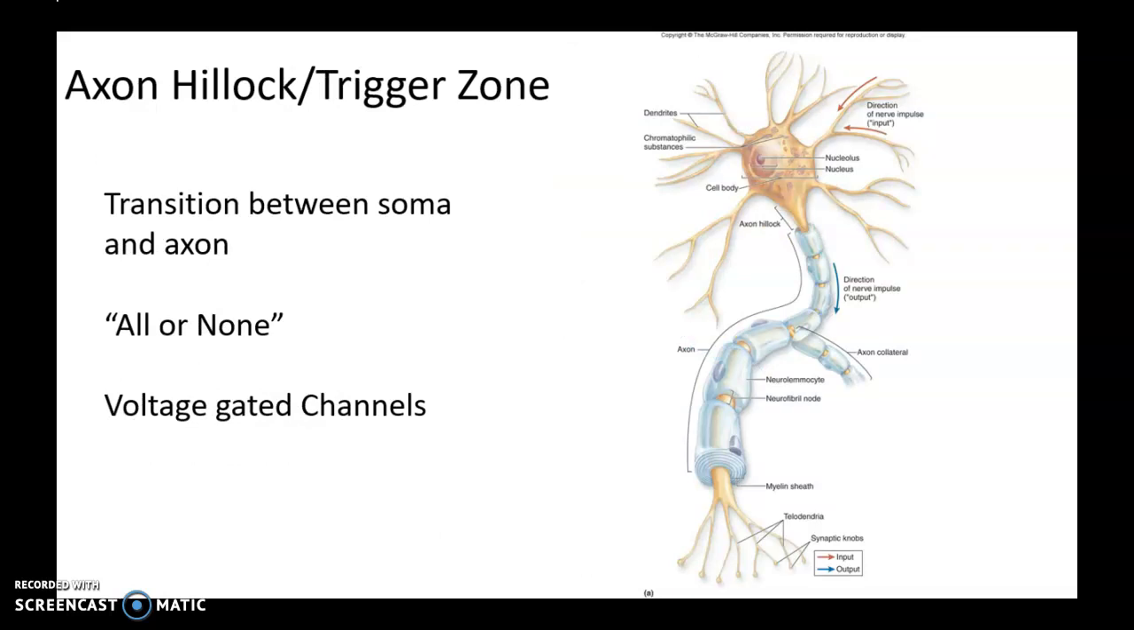So the axon hillock, as we mentioned, is also known as the trigger zone, and it's a transition site between the axon and the soma, and things work as all or none principle. So let's talk about that a little bit. Well, I'll talk about that in my next